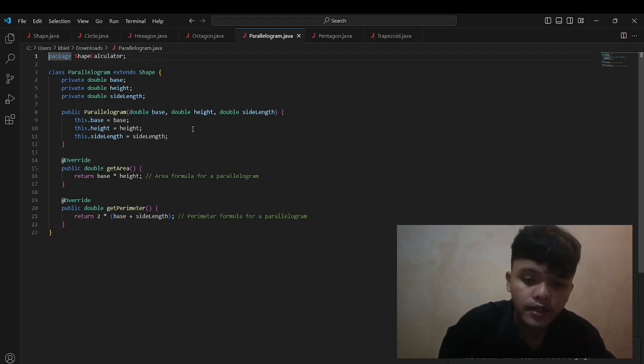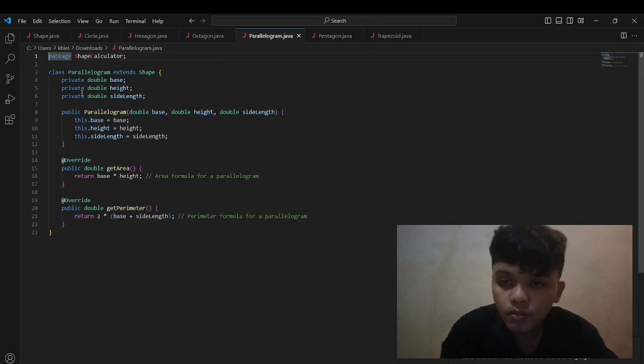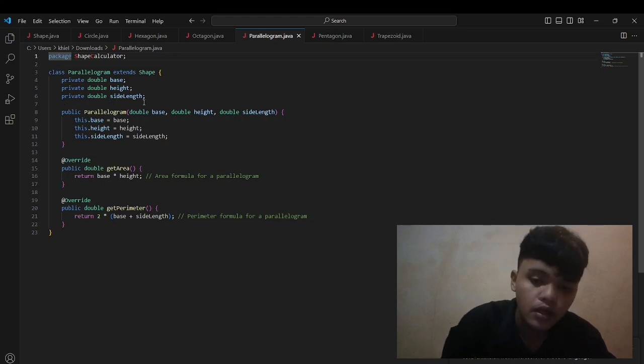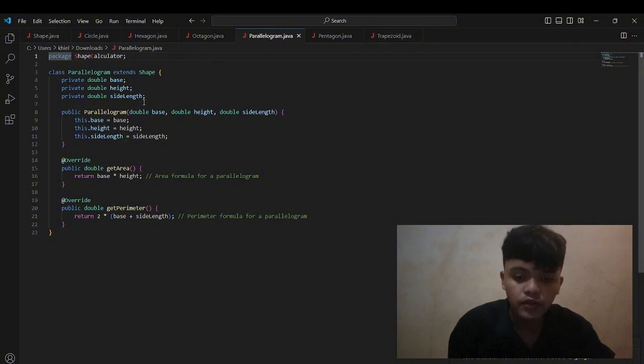It has private member variables to store the dimensions of the parallelogram: private double base, private double height, and private double sideLength. The constructor for the parallelogram class initializes the dimensions. Public parallelogram double base, double height, and double sideLength.